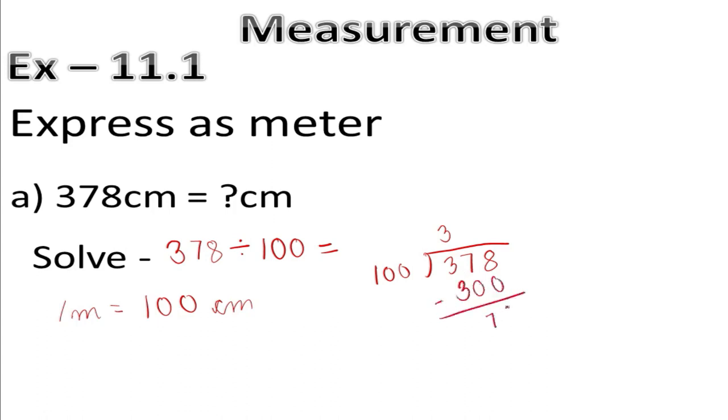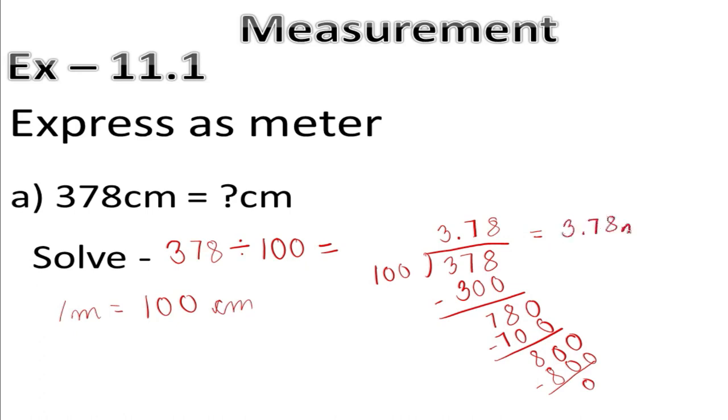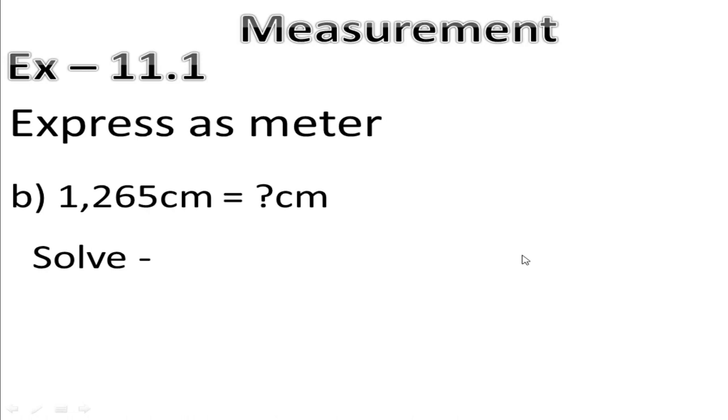Subtract, we get 78. We add a decimal and then add a 0. 100 into 7 equals to 700. We subtract, we get 80. We put another 0 and 100 into 8 equals 800. We subtract and we get 0. So our answer is 3.78 meters. Next,